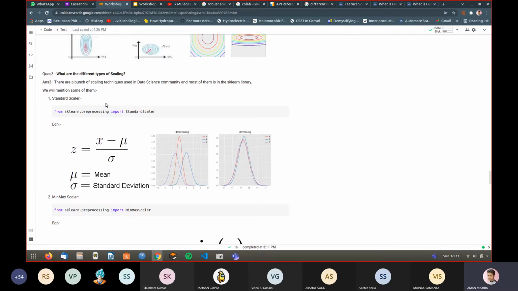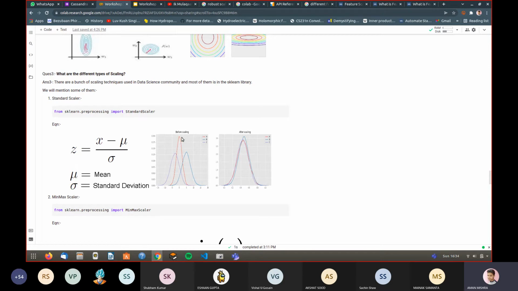This is the most widely used scaler, which you will encounter for any machine learning model. It applies a Gaussian concept, the z score, (x minus mu) by sigma. Suppose a feature has a mean mu and standard deviation sigma. It will scale every value of that feature by the mu and sigma factor, which results in a value z.